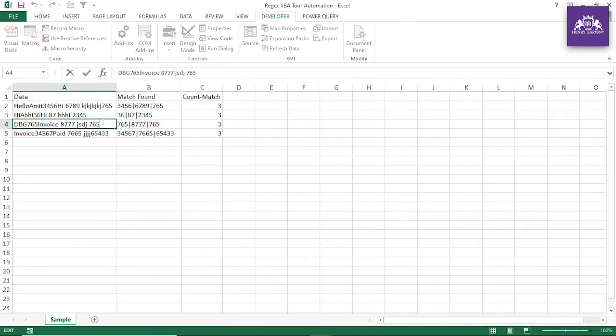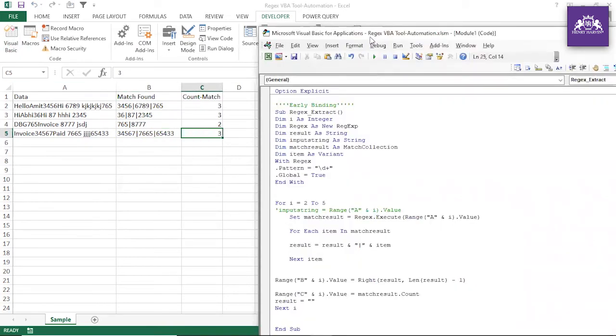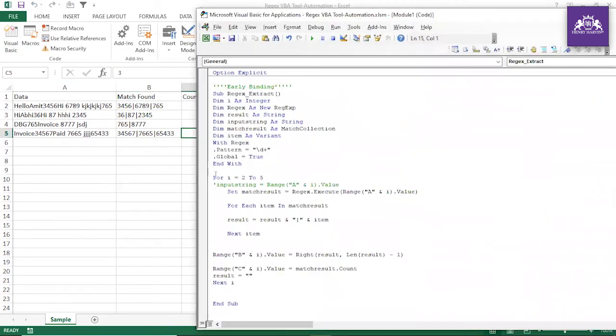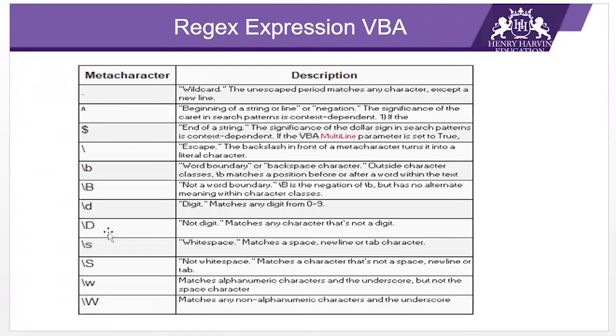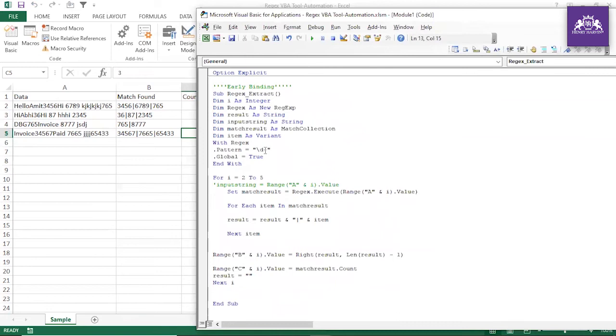Okay, and if you just don't mention that, and still look at this, what result are you getting? 3, of course, 3, 3, 2, and 3. Guys, there are lots of varieties available in regex. If you learn how to make the pattern, then it will be easy. And now let me find a non-numeric value. Very simple, if you go back to the PPT which we have made for you, capital D, non-digit. Capital D means non-digit. So you can just mention capital D.